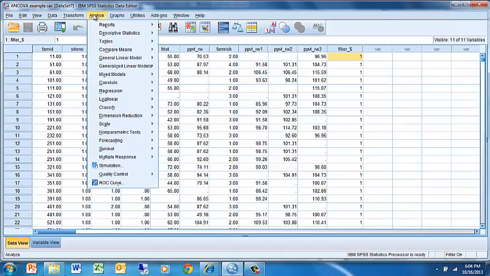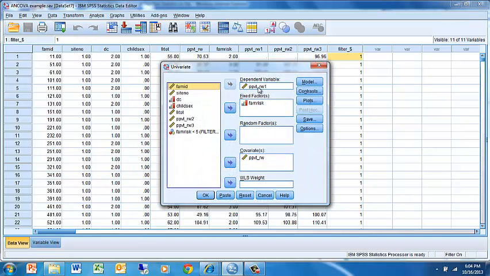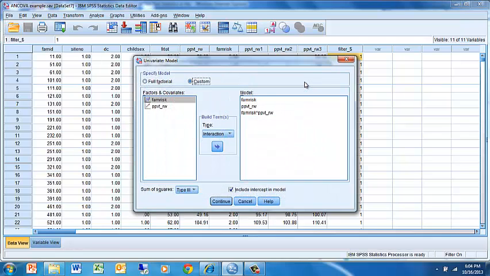To do that, we go to Analyze, General Linear Model, and Univariate. We're going to make sure our dependent variable, the Peabody picture vocabulary scores from first grade, is in the dependent variable box. Our Peabody picture vocabulary Rasch-Wright scores from kindergarten are the covariates, and our fixed factor will be family risk. First of all, we go to Model, and we need to make sure that we click on Custom to make sure that family risk is there, the Peabody picture vocabulary Rasch-Wright covariate is there, and then to get